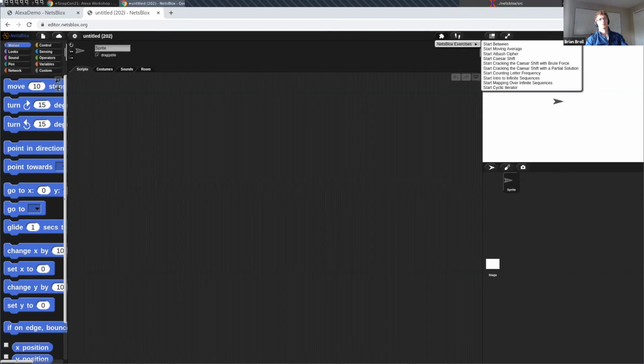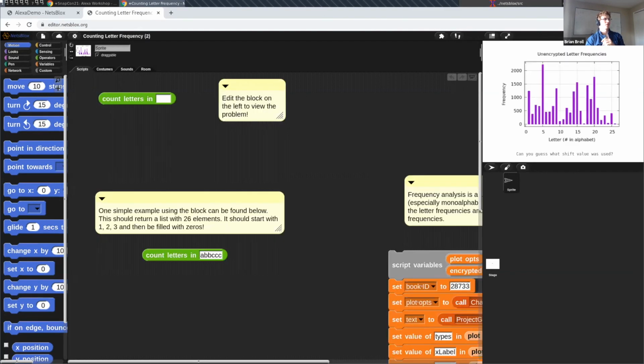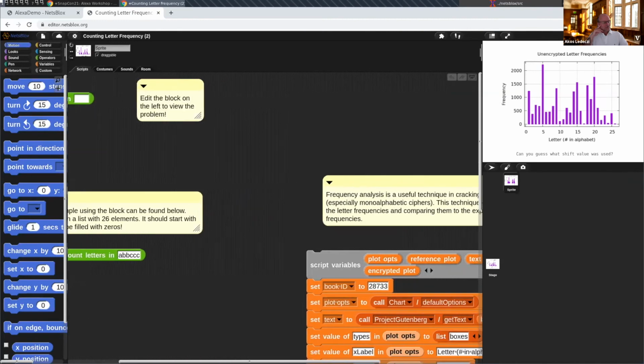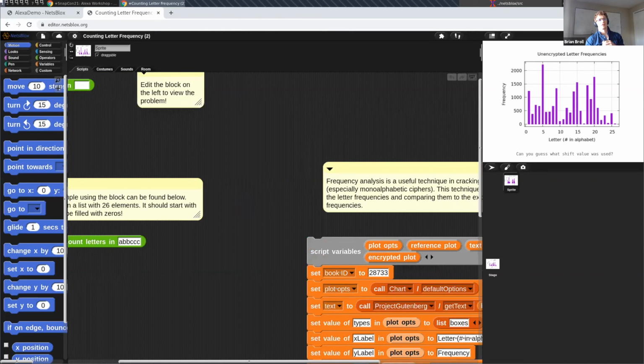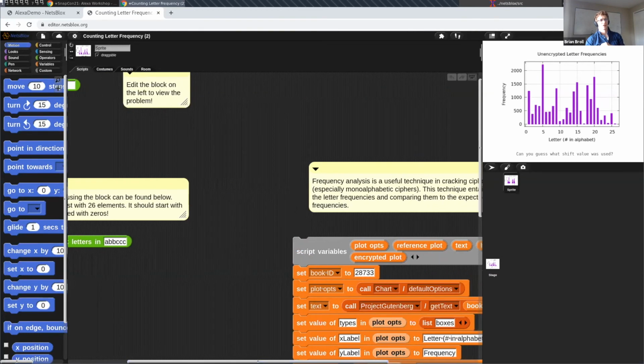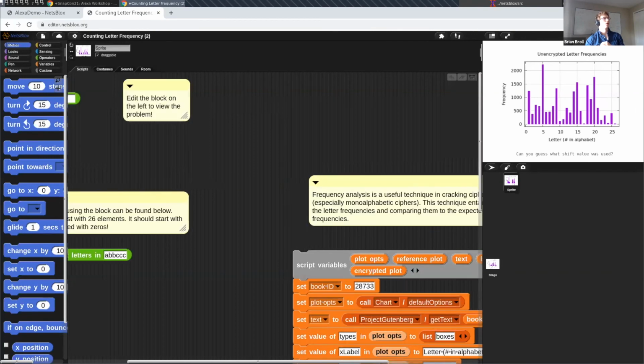I can see a puzzle piece in the corner and select one of these exercises. So I could select things like, say, working on counting letter frequencies. And then it'll load a template project to start with, right? It counts letters in some text with an example and an extension piece here where it's actually giving you the frequency distribution of different letters in the Adventures of Sherlock Holmes, which uses a different service that we have to fetch a bunch of classic texts.